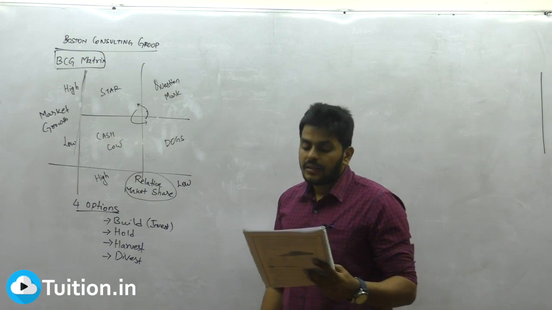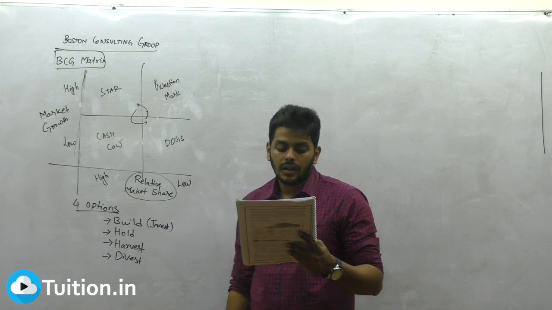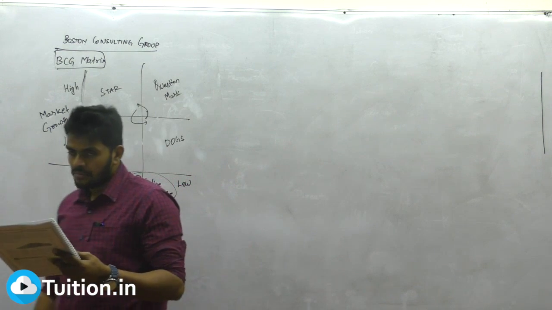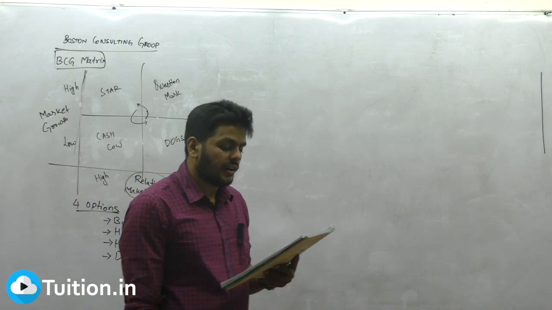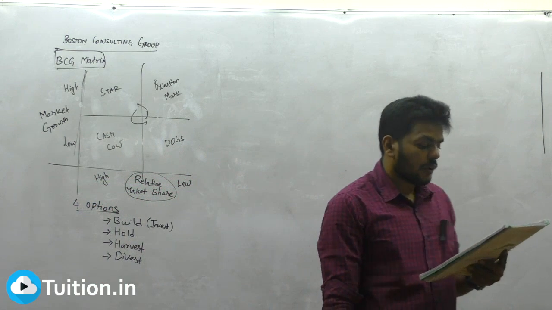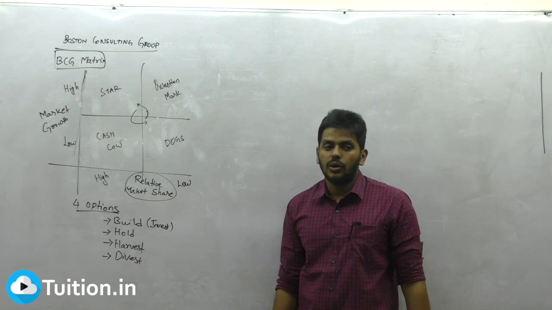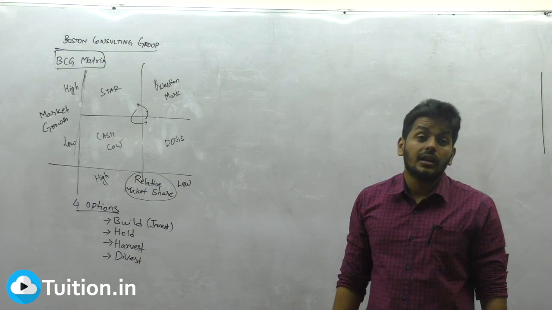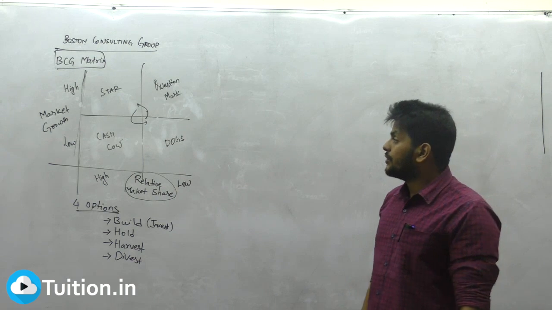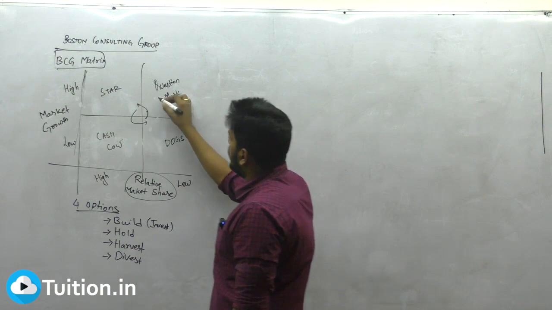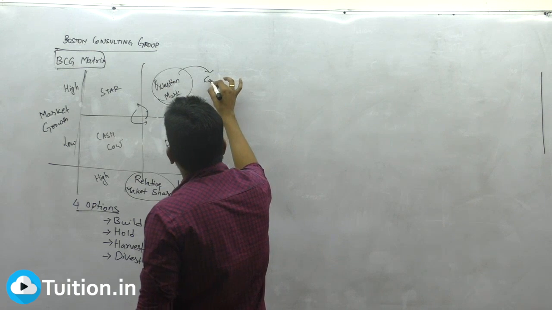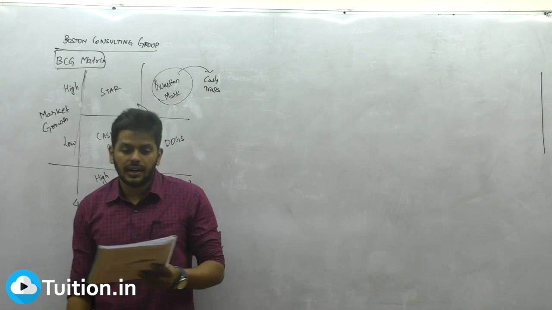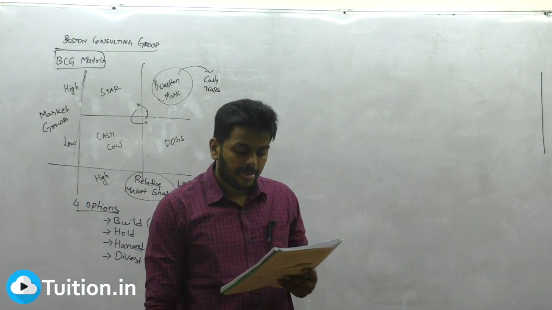Find out what that is. They require a lot of cash to hold their share. They need heavy investment, with low potential to generate back cash. Question marks, I told you, don't leave them like that and go on spending on them. One day the basket will be empty. What is that called? Cash trap. Underline that. Question marks, when left unattended, will lead to a cash trap.